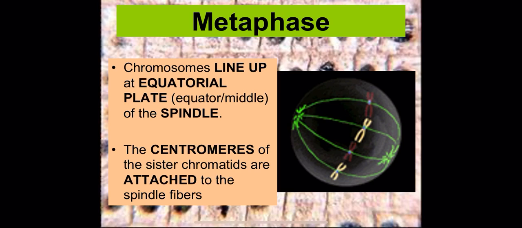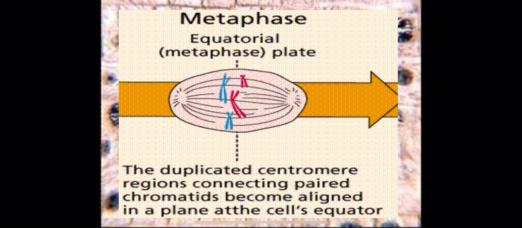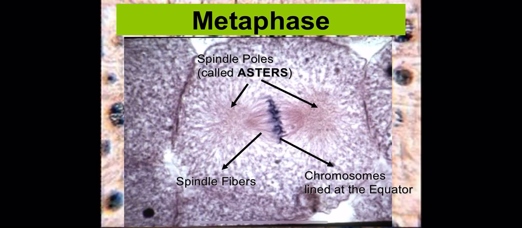So those chromosomes are going to line up at the equator, and they're going to be attached to those spindle fibers. So again, a little diagram, and it's showing you that they're moving to where they're lined up in the equatorial plate. So here's a cell picture of it. Same thing. If you're looking at the cell, notice there's no nucleus anymore. You can see the distinct chromosome black shapes, and you can see where they're clearly lining themselves up.